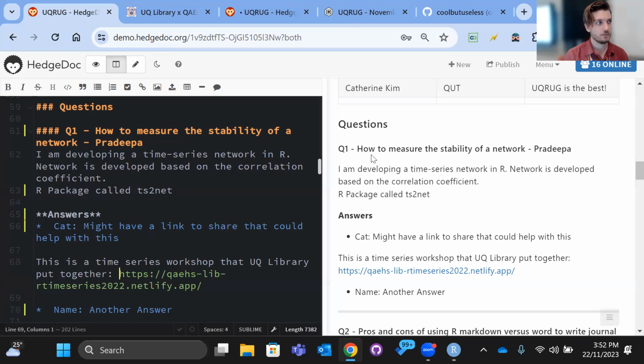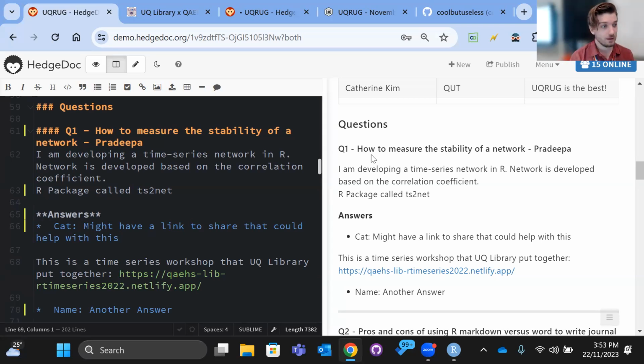Stationarity is tested for one time series variable. Stability is multivariate. Stability will be tested for the network, that's a collection of time series. So stability is like mini stationarity measures.